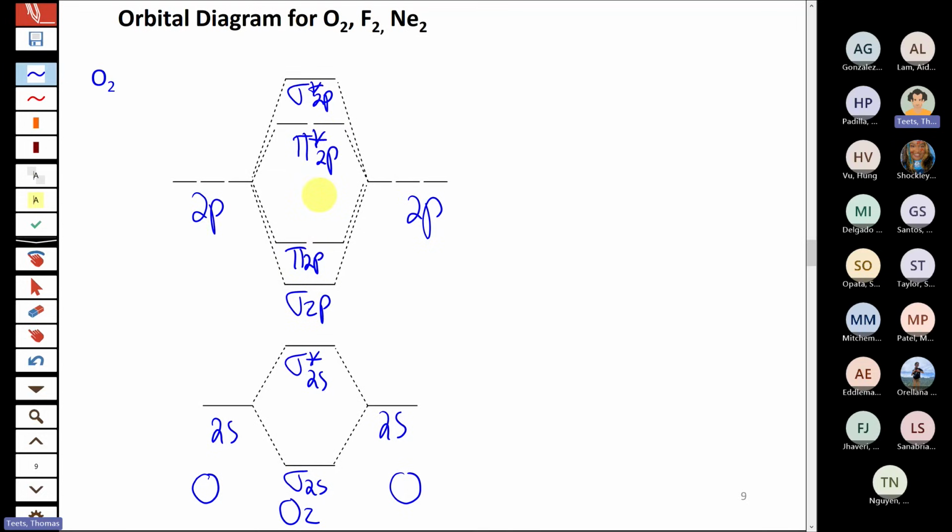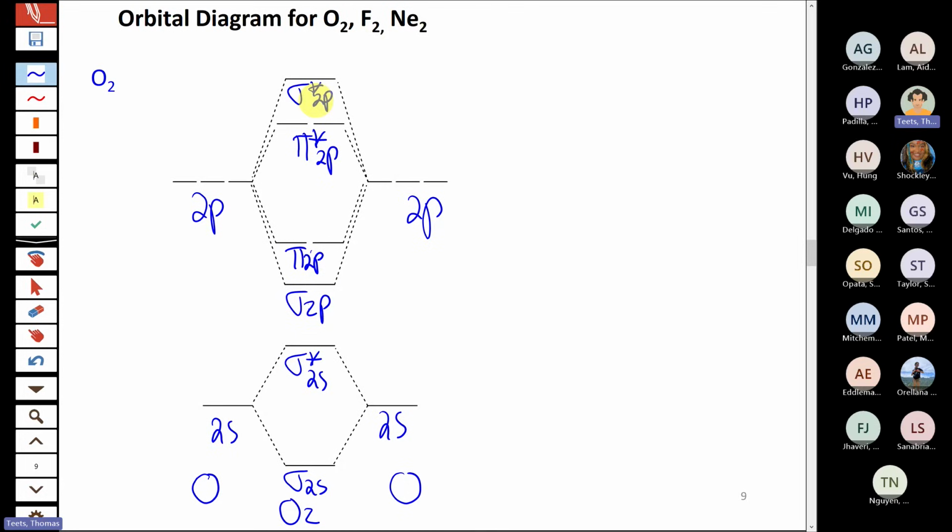All right, so that's what the orbital diagram looks like for O2. Again, the most important thing to know, whether you fully understand all the details or not, is that this is the correct order they come in. Sigma 2s, then sigma star, and then sigma and pi for the 2p, and then pi star and sigma star. Now we just have to go and populate those with the correct number of electrons to be able to make any predictions about the properties.